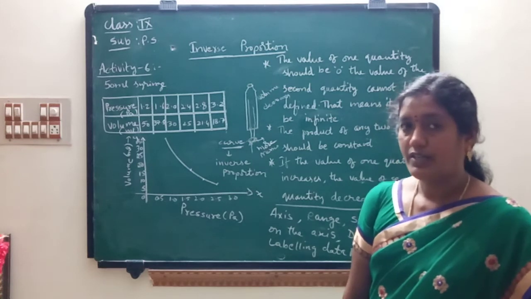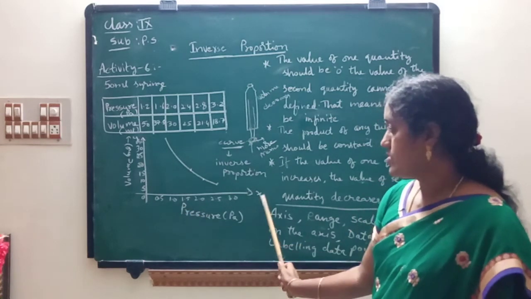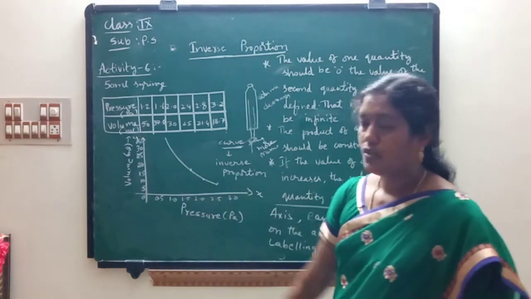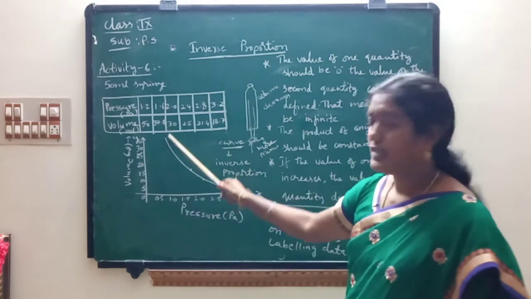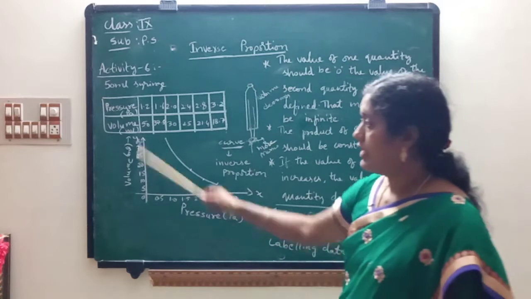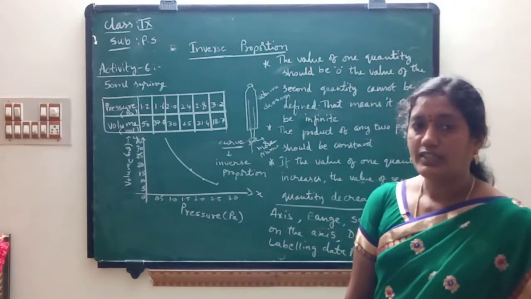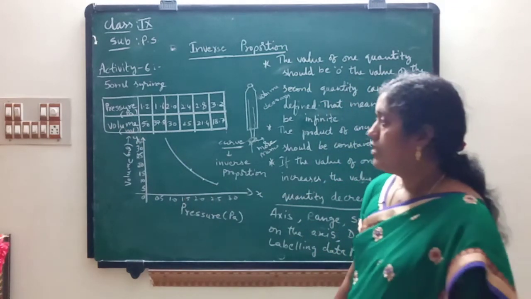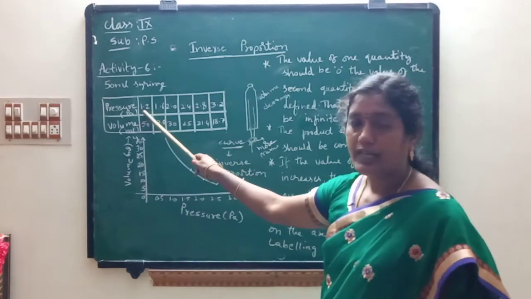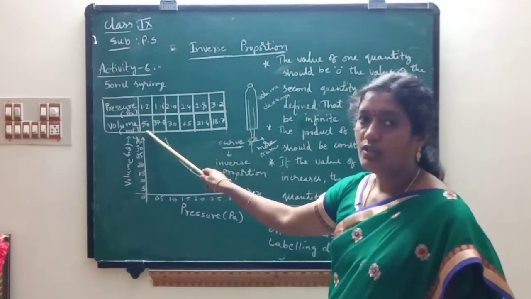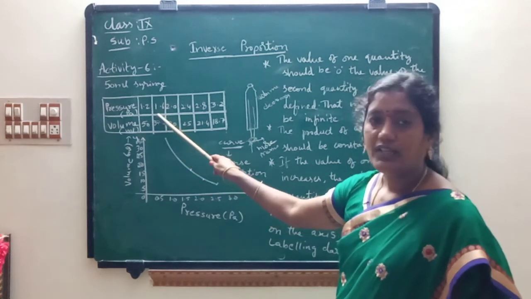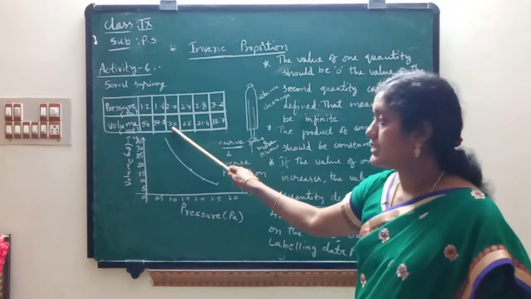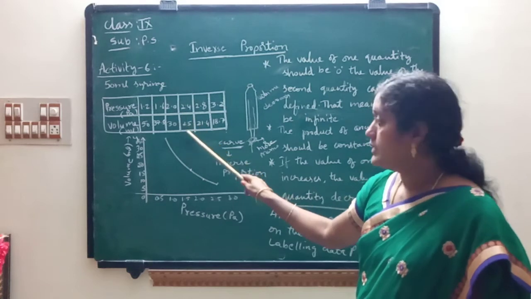Always independent variables are taken on the x-axis, children. So here pressure is taken on the x-axis. How much the space will decrease is not in your hands, so that's why we take volume in milliliters on the y-axis. After that, we have to see, children, if the pressure applied by us is 1.2 pascals, the volume inside is 50 ml, and if it is 1.6 then it is 37.5, if it is 2 pascals then it is 30 ml, and if it is 2.4 then it is 25.